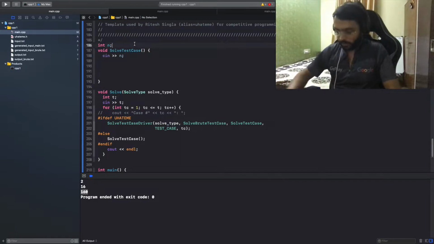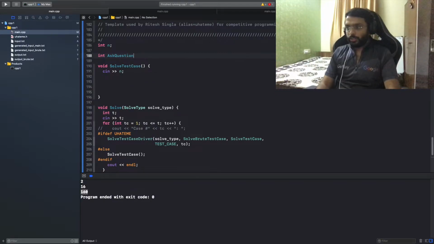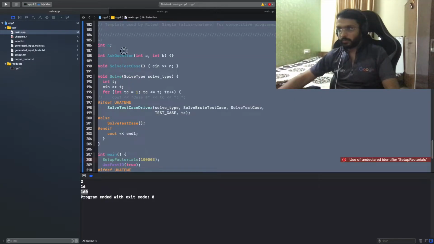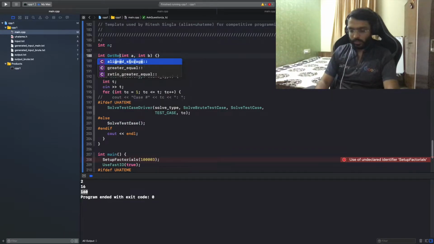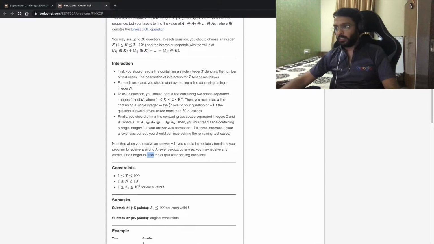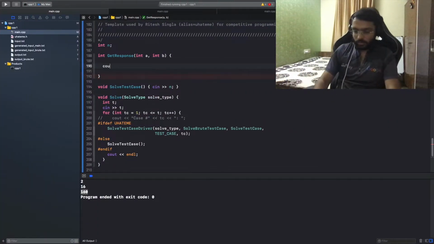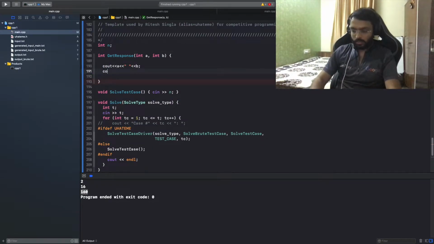Let me create a method for asking a question and getting a response. Question: int A, int B. Let me make it a generic get response so it can be used for printing 1 and K or 2 and the final answer. So cout A, B, cout flush,